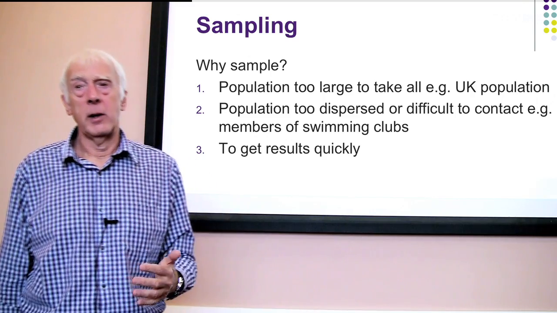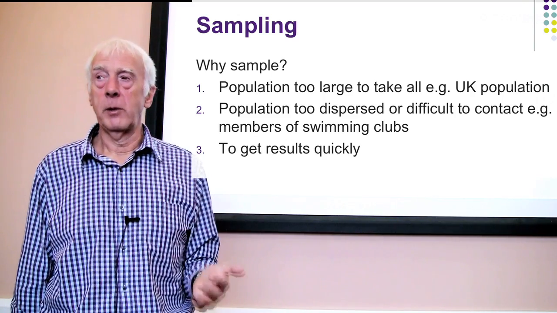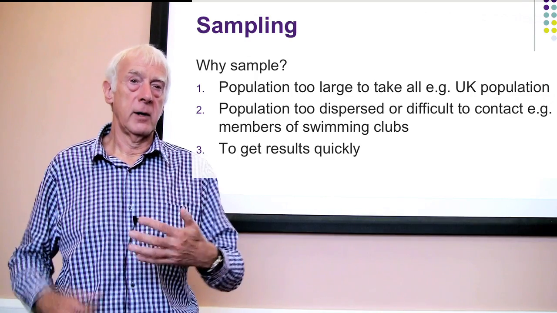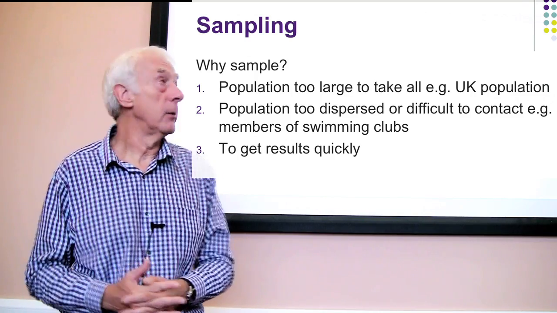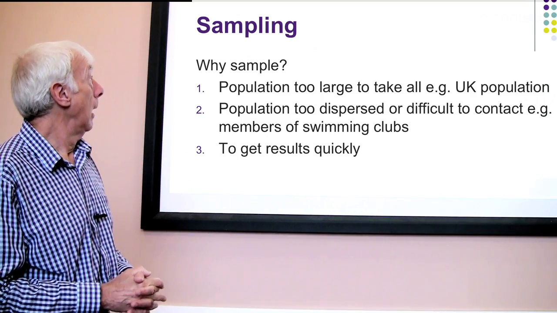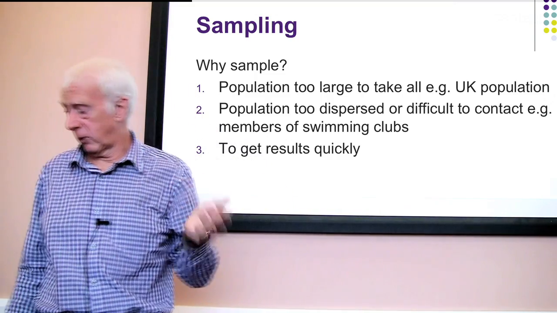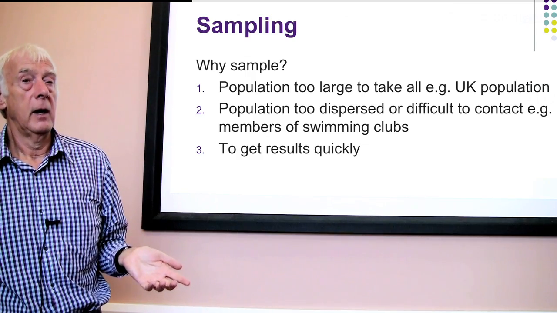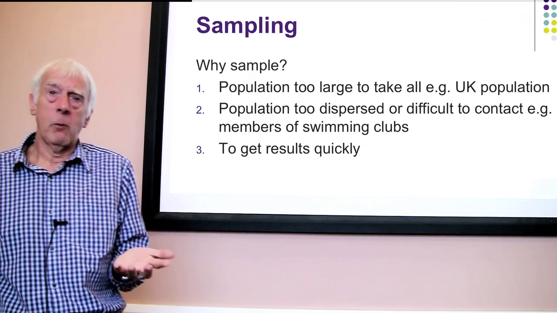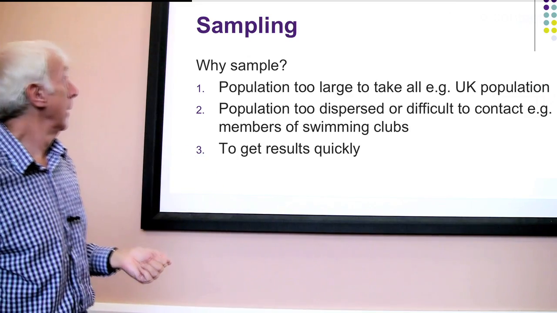But more generally, more commonly, we usually sample because it's much cheaper to do that, to find a subgroup and then go to them and ask them the questions. Other reasons are because the population is too dispersed to find. We don't quite know how to contact them or find them or whatever. We can define them in some way, but we don't know how to get hold of them.